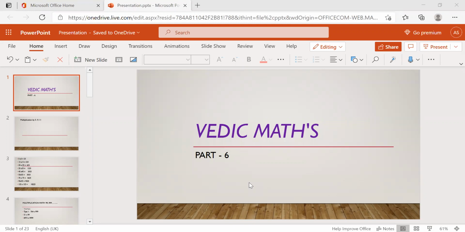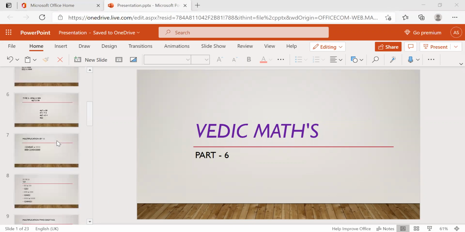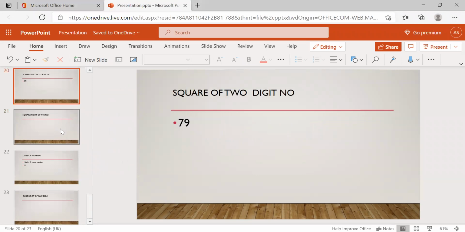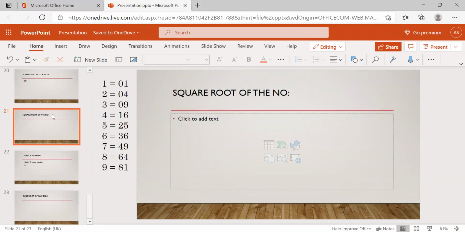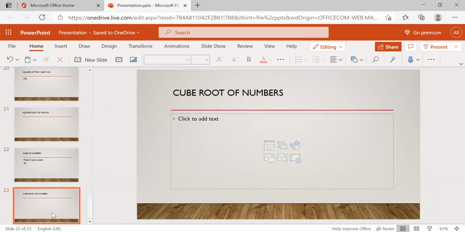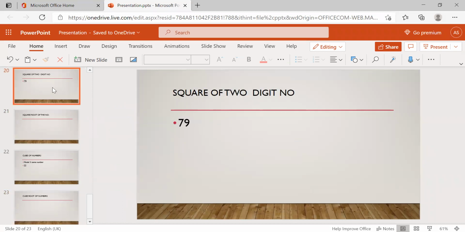So up to this, we discussed many tricks, and even last class we discussed the squares value and base number multiplications, square numbers, square root of numbers. So once again, I will just recap the square roots and the square values with one example. Then we start today's topic. We are going to see cube of the numbers, how we are going to cube numbers, and cube root of the numbers. Okay, I'll just recap those two topics: square of a number and square root of a number.